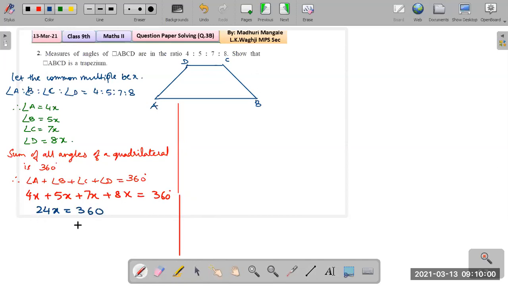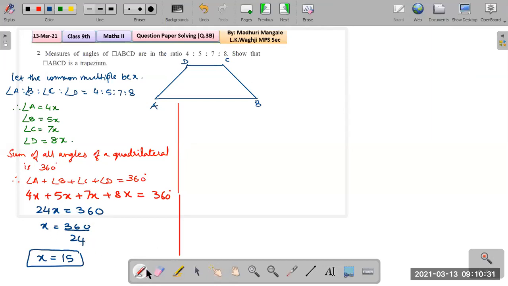And we get rid of this 24 by dividing on the other side, right? 24 here is in multiplication. On that side, it will become division. So x equals 360 divided by 24. What do we get? x equals 15. Okay, you can just use the table of 6 to cross out, and then again the table of 4 to cross out, and you would get x equals 15. Okay, so that's how we get the value of x.